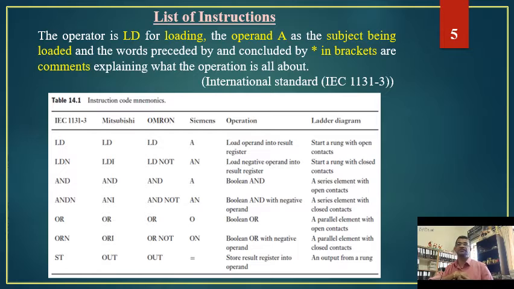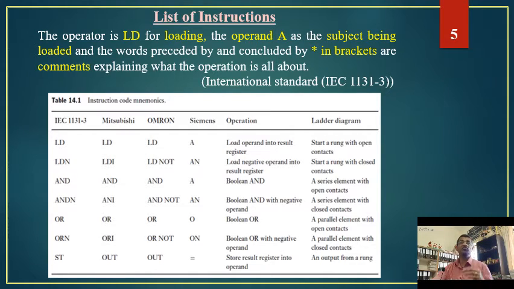So this N, NOT, I, those things will come whenever we make use of normally closed contacts. Then we have different logical operations like the AND operation. AND operation is represented as AND in capitals, followed by the address if needed. Normally the address will not come over here; normally with the LD, the addresses come. Then the AND operation means a Boolean AND. Whenever we write AND, it means that a series element with open contact is used, that is, an open contact used in series with the previous LD.